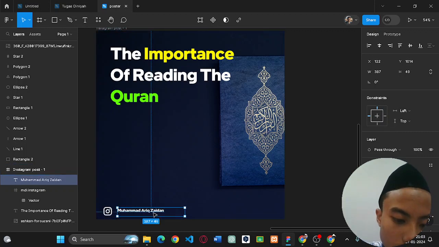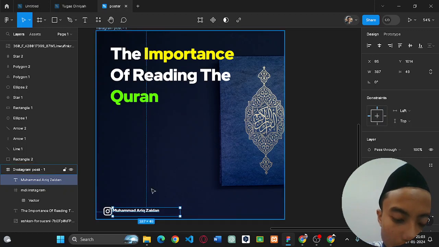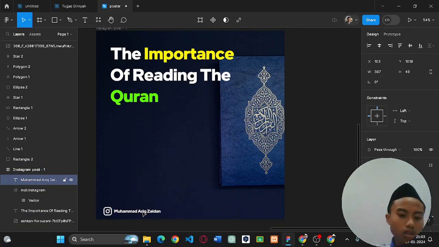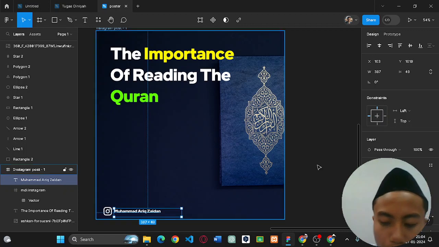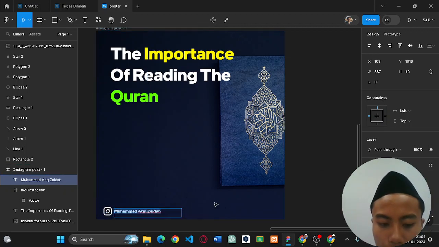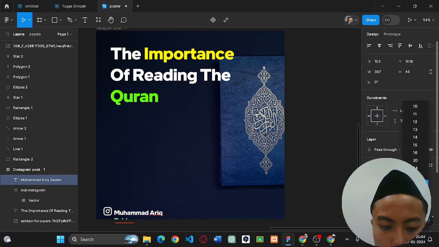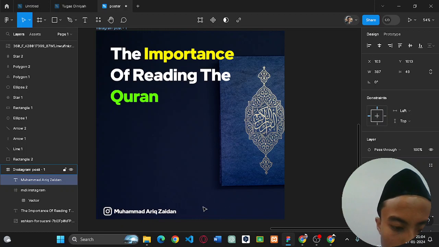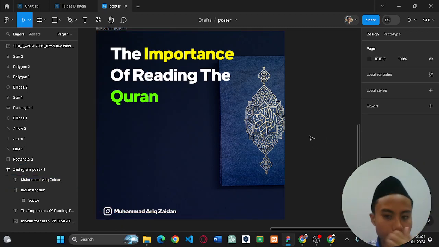Whoa, very good, very well. We can make it more precise in here. You can use the arrow keys on your computer, so it will be more perfect. Because this is much bigger, you can set it bigger like this, and then like this.